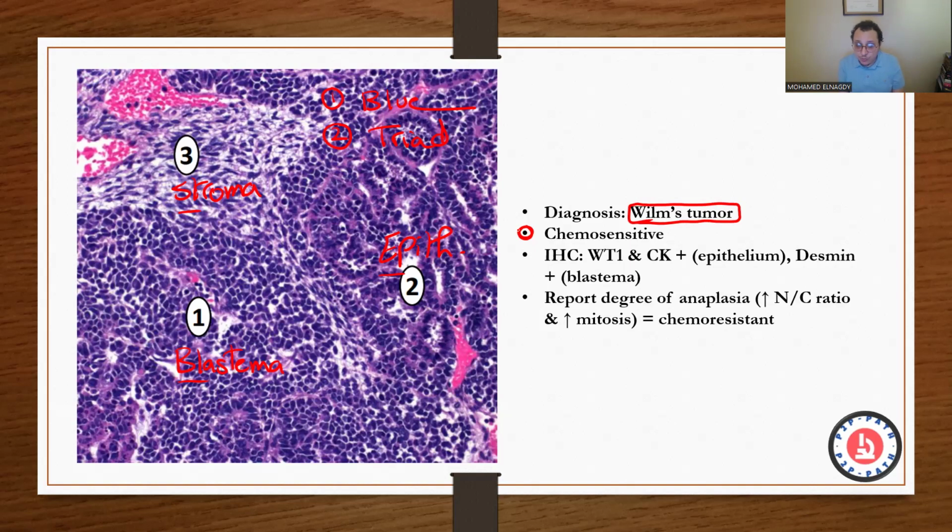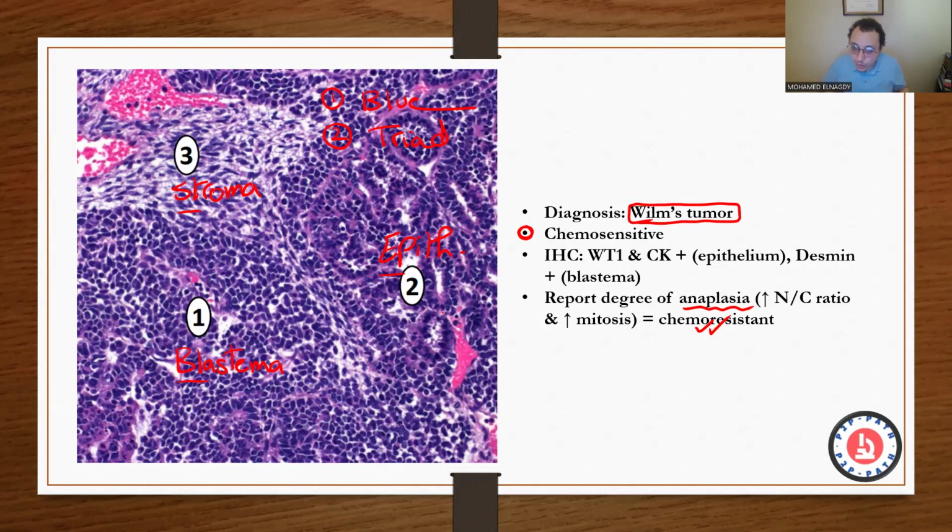So what makes the tumor chemoresistant, so it will need adjuvant surgery, to be surgically removed aside from giving some chemo? A high grade Wilms tumor. Is there high grade Wilms tumor? Yes, of course. These are actually the ones that usually come to the pathologist, because resection means specimen, means microscope. So usually the flavors of Wilms tumor that you end up receiving are the ones with high anaplasia or